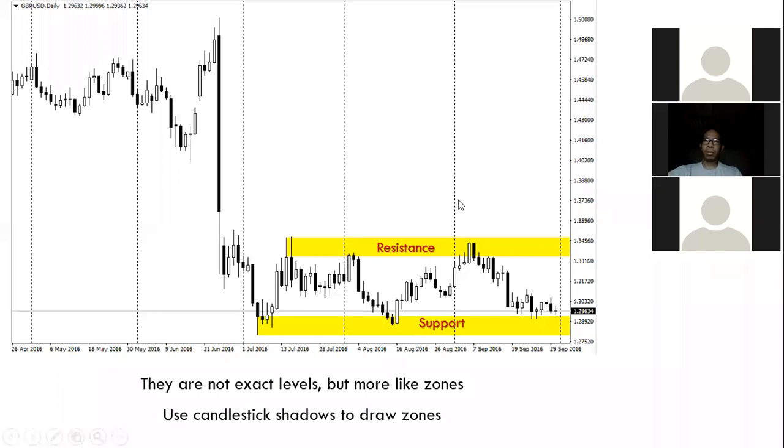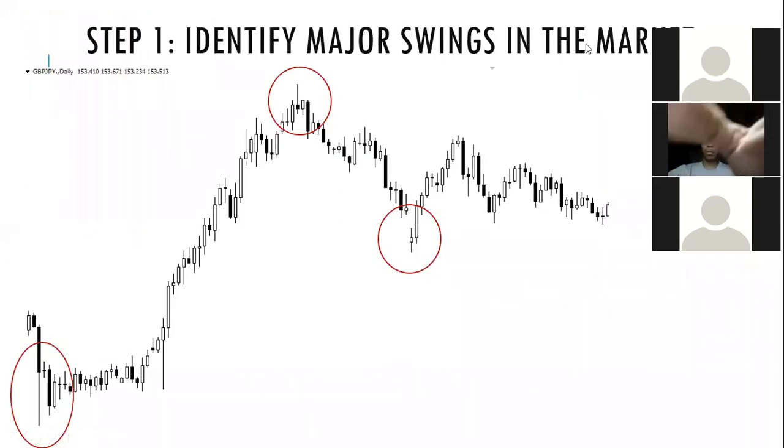So, personally, this is what I do. Identify the major swings in the market. Kasi dyan nyo po talaga makikita yung mga supports and resistances. Identify the major swings in the market. Ideally, the bigger the swing, the better. The higher the time frame, the better as well. No? So for example,